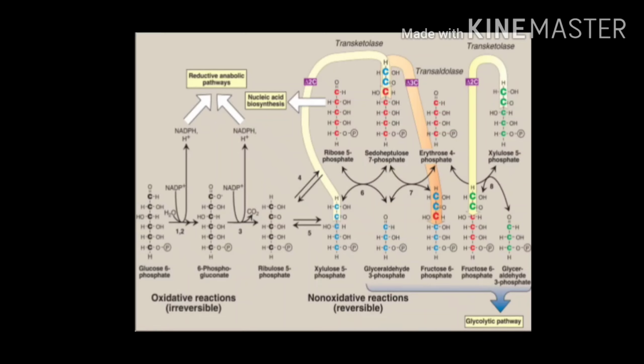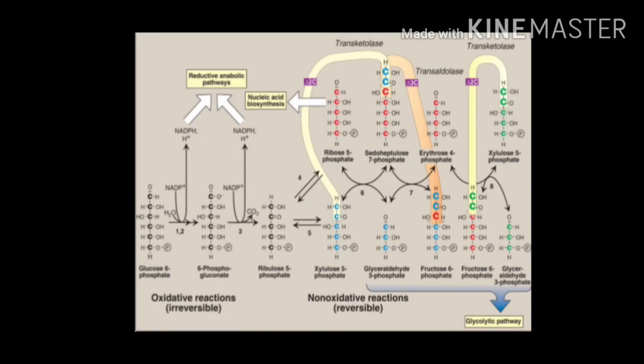So what is happening? Ribulose 5-phosphate that is formed from the oxidative reaction is either epimerized to xylulose 5-phosphate or isomerized to ribose 5-phosphate. Ribose 5-phosphate that is formed is involved in nucleic acid synthesis, that is, DNA and RNA synthesis. On the other hand, xylulose 5-phosphate is converted into glyceraldehyde 3-phosphate by transferring 2 carbons to ribose 5-phosphate, where ribose 5-phosphate is changed to pseudoheptulose 7-phosphate using the enzyme transketolase.